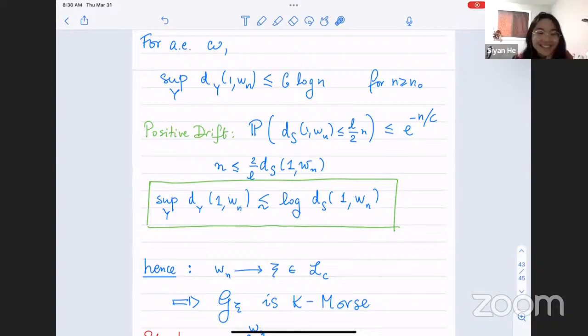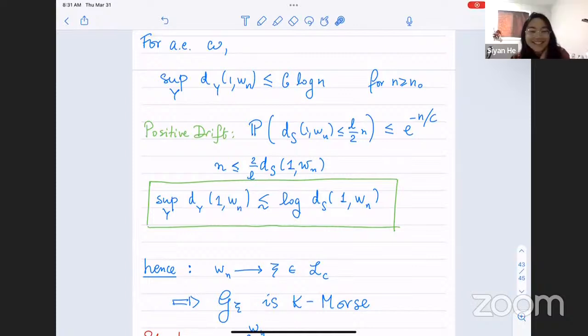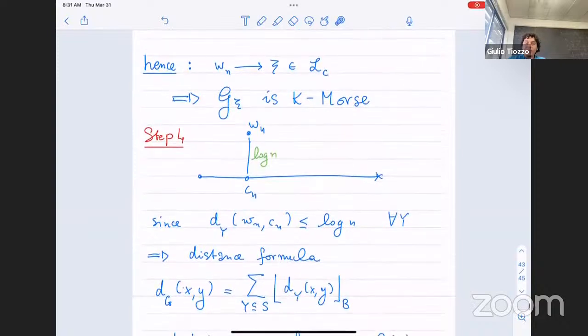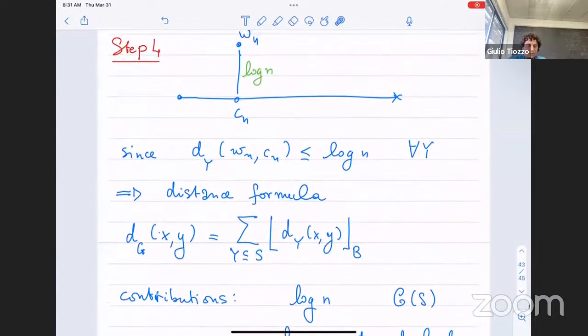Yeah. So this just says that this path converges, and the limit is in this nice cloud. So the limit in geodesic processes has logarithmic bounds. Now the distance between the geodesic and the sample path will in fact be bounded in the next step. Of course, these questions are related. So the last point is indeed this one, and that's basically an application of the distance formula.